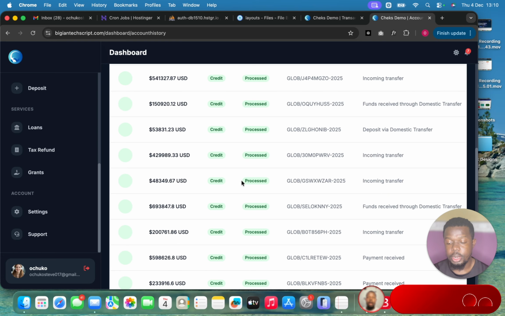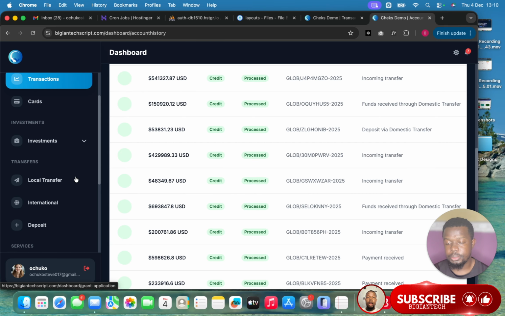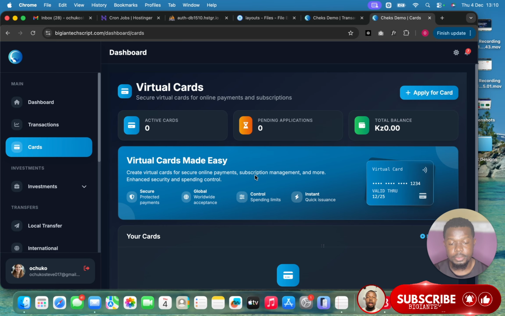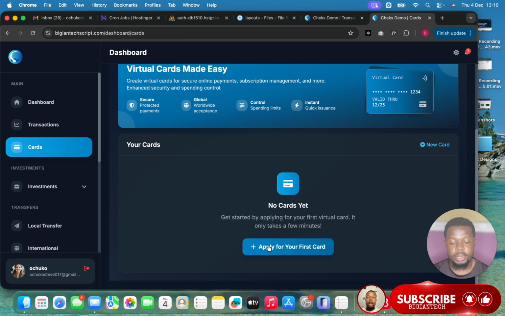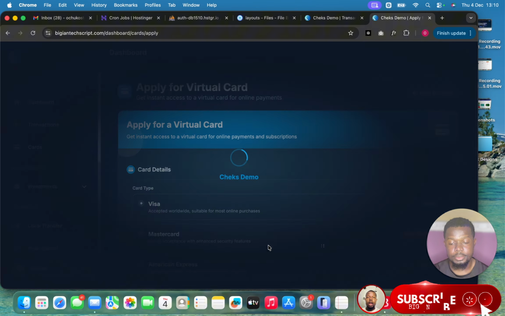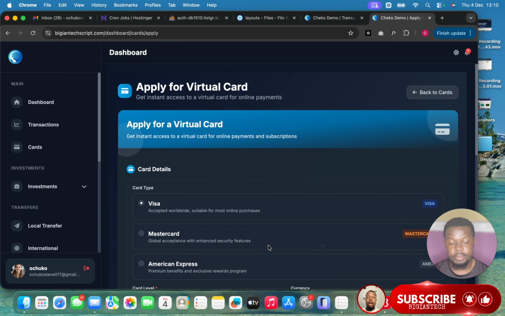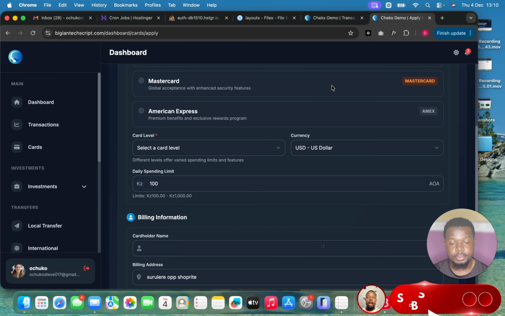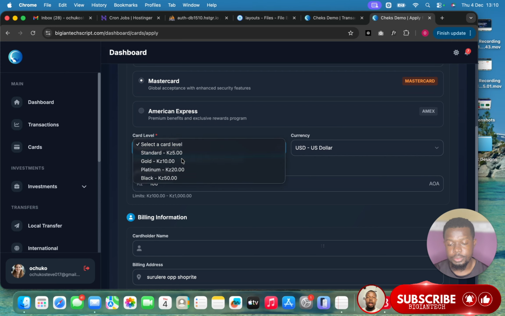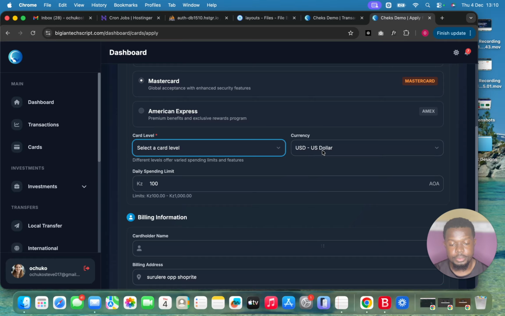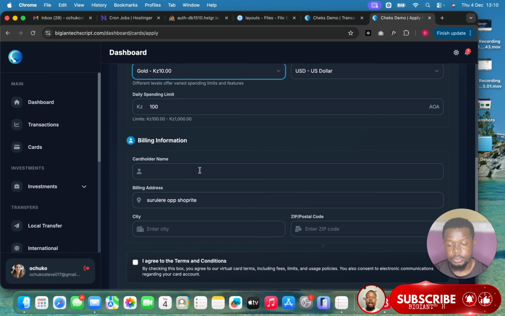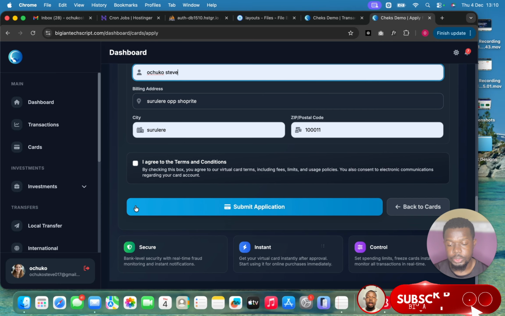And also we have the card section. Users can come to cards information, and users can apply for card. Now I've talked about that card. You can also add the amount there. So card level, so I'll click on this and